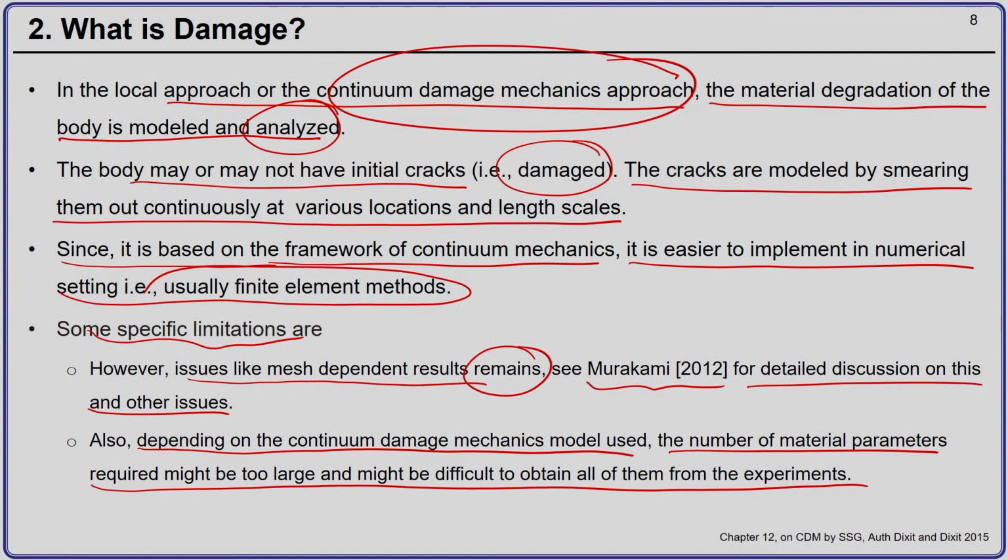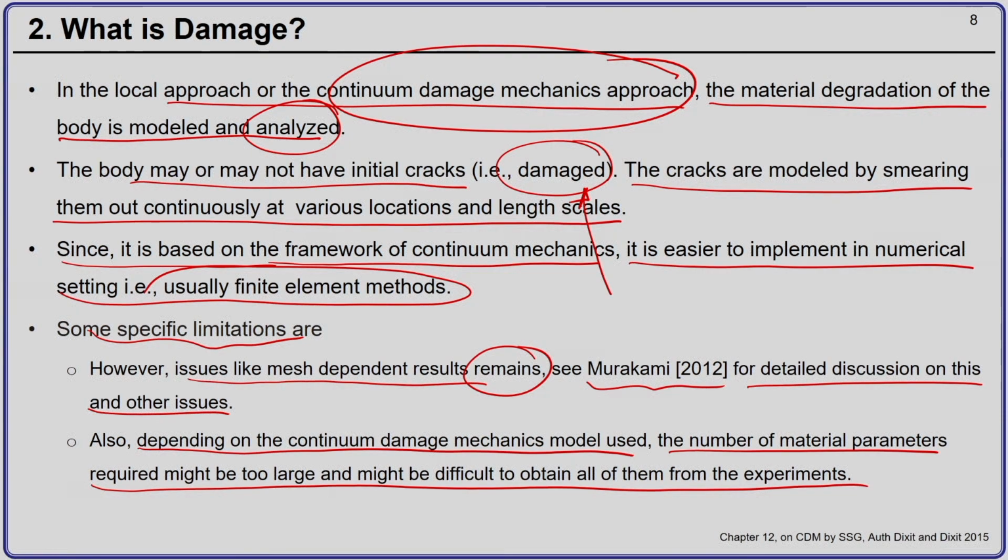So, to model this damage, you have to have a damage growth law. We will see next how to get this damage growth law for a material, and there are certain constants which have to be found out using experiments. In many cases, the number of constants is so large that it is very difficult to do experiments on them, and then you may have to drop some of the constants and go for a very simple model, which may not truly reflect the behavior of the material under different loading conditions.